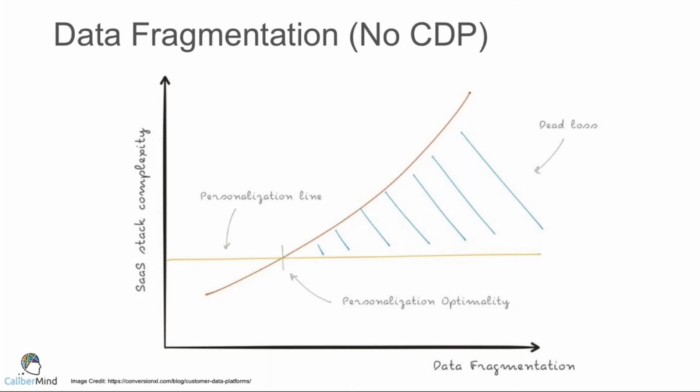So moving on to this next slide here, what I've done is graphed out, I found a great resource and blog on this, it's in the footnote there. You can see this yellow line across the middle. This is a flat line. Think of that as personalization. So as you see on this y-axis, as the stack is growing in complexity, you have more and more data, but relative to the size of your stack, you could actually utilize less of it. So you could think how this could actually reverse the impact of personalization, such as